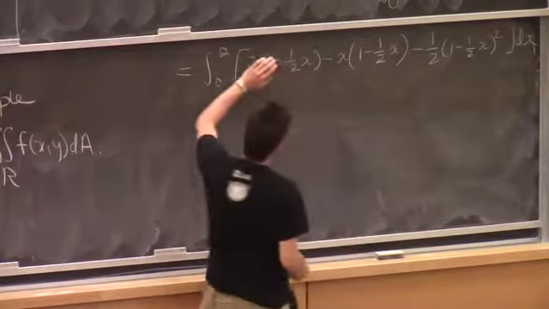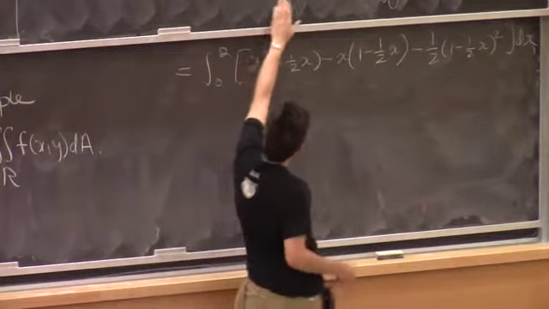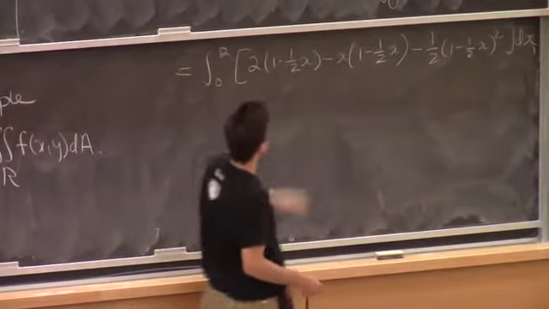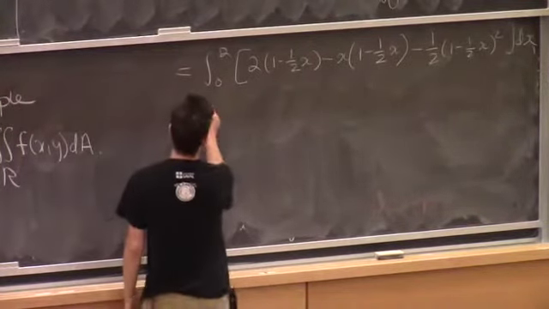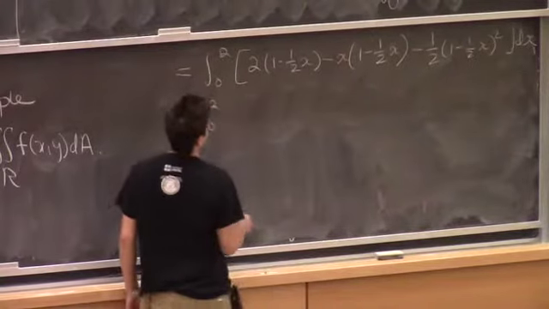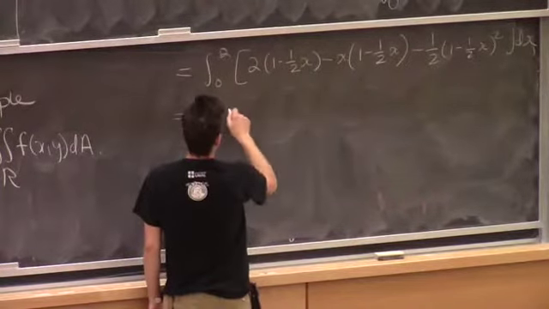Okay, now when I substitute in 0, all these guys will go away, so I just have to substitute in my top bound. And I get